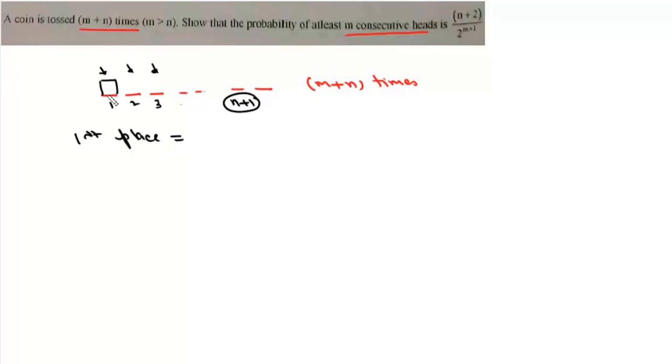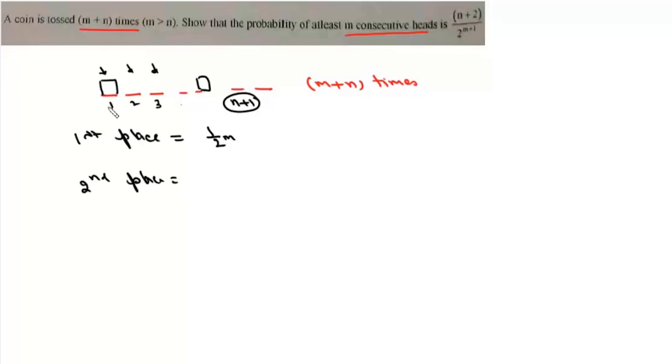Now if m consecutive heads start from the first place, it should be heads here. So we'll have heads in m consecutive positions. For each head, we have 1 by 2 possibility. So it will be 1 by 2, 1 by 2, 1 by 2, m times. So if these consecutive heads start from the first place, this probability is 1 by 2 to the power m. Now, if these heads start at the second place,